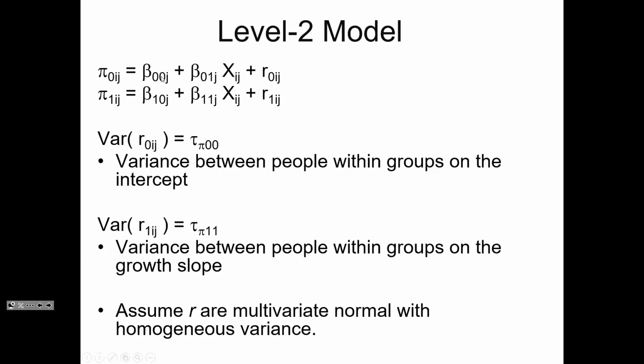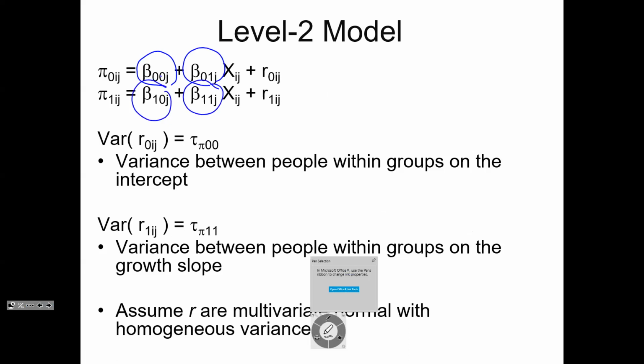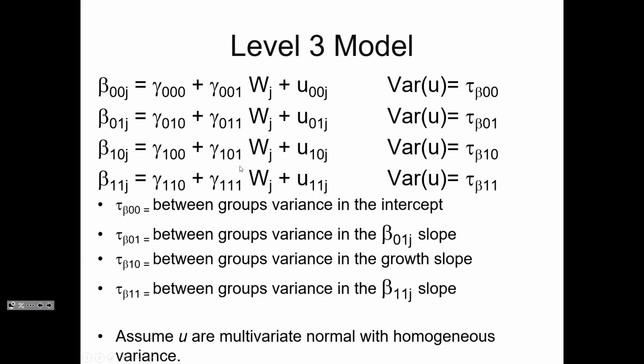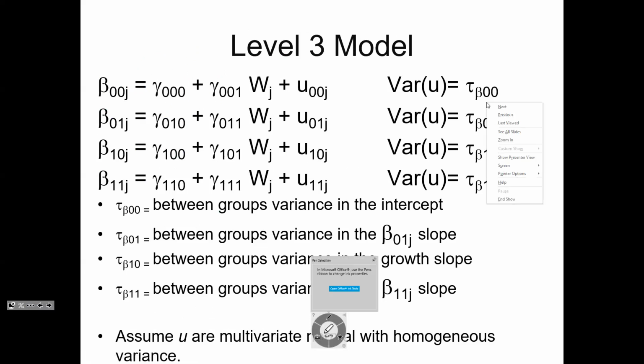This can randomly vary. This can randomly vary across schools. This can randomly vary across schools, right? So now, when I get to level 3, that's where I get this. And the question is, what are all those things? Well, this is just going to be the between cluster variance in the intercept. And this tau,